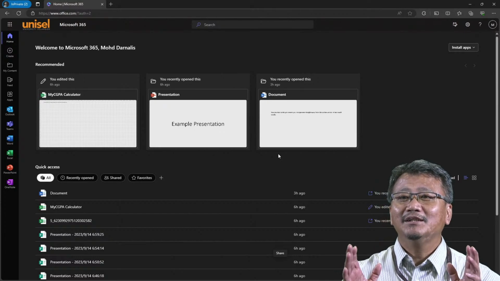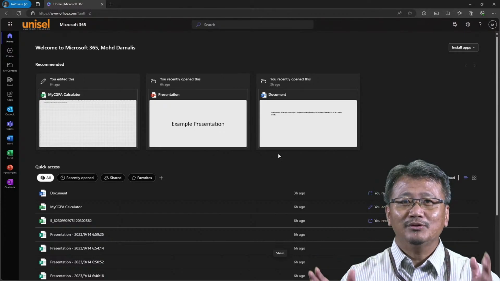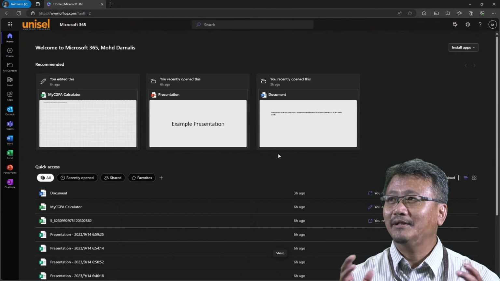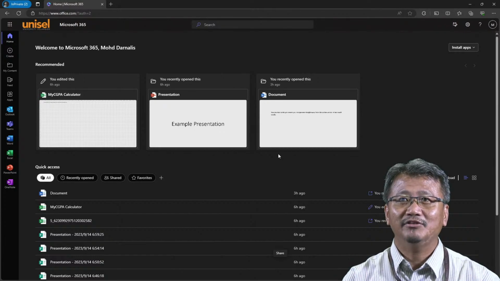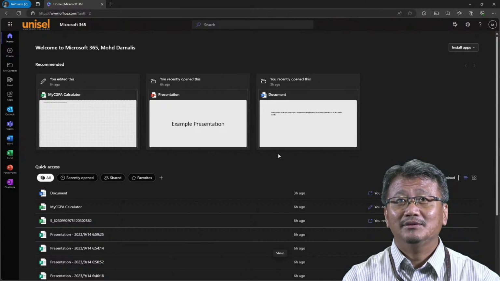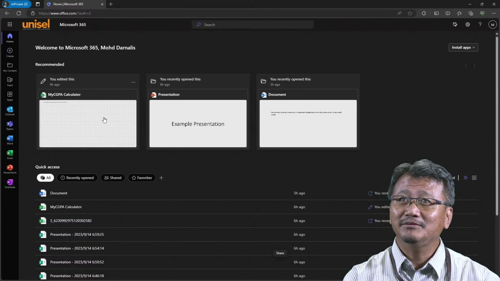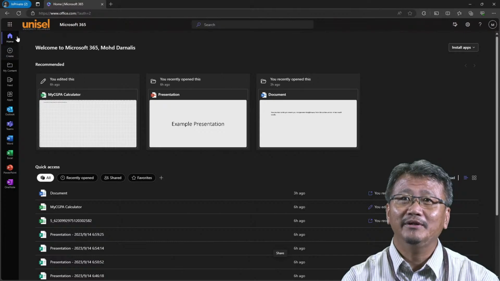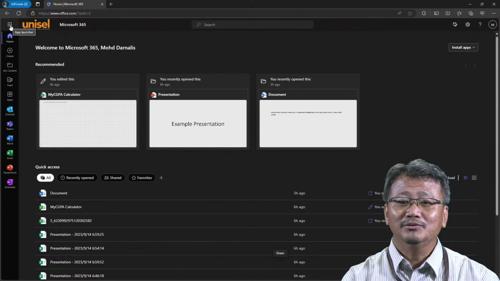Okay, so this is how it looks, like the online version of Microsoft 365. So this is the landing page for Office 365 where you can go through some of the